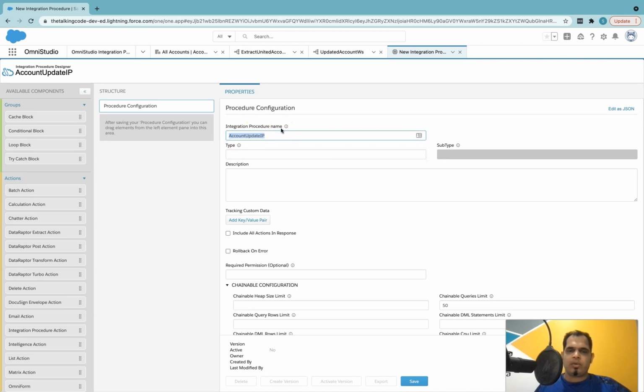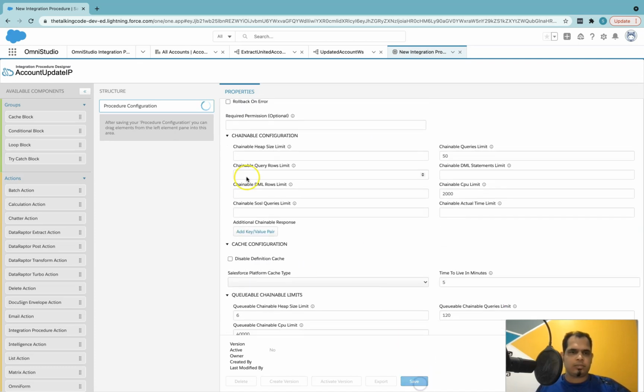So you cannot have two IPs which have the same type and same subtype, right? And even when you will be calling this integration procedure inside the OmniScript, you cannot search it with the name. You will be able to search it by its type and subtype. Okay. So for now, let's call it type is account and subtype is update. Okay, and let's save it.